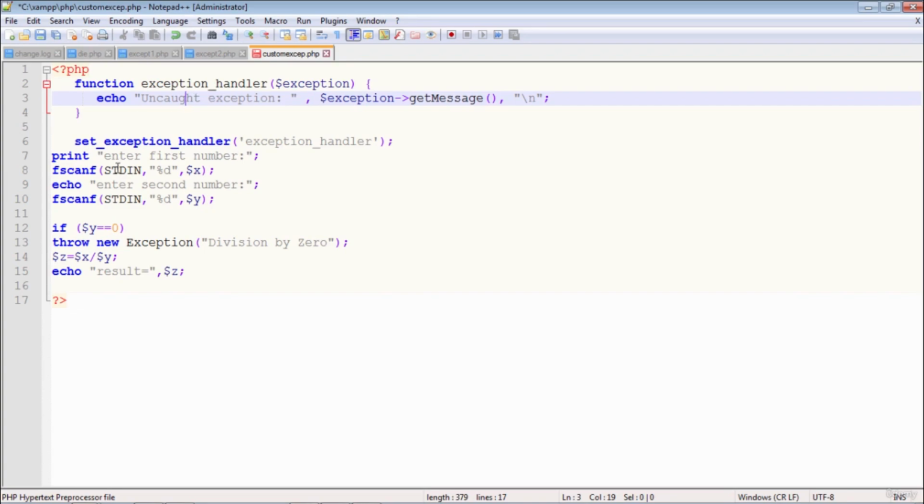Rest of the program is very simple. Two values are to be input, stored in x and y. If y happens to be equal to 0, the program throws a new exception, that means an object of the exception class. This is the argument "division by 0" that will be given to it, the get message. So as soon as the exception is generated,